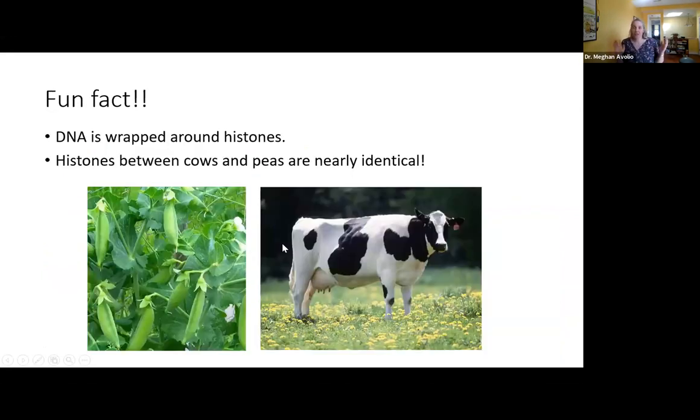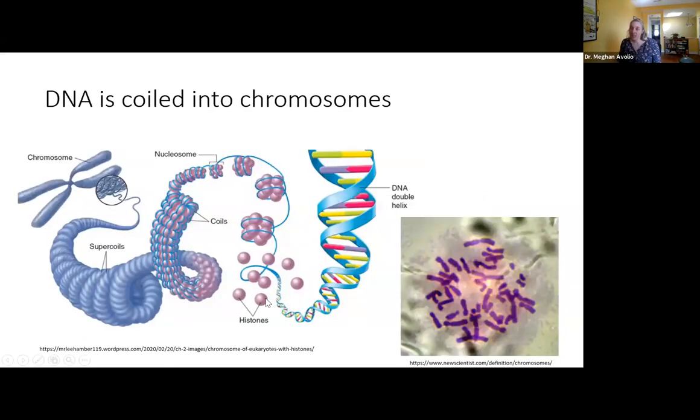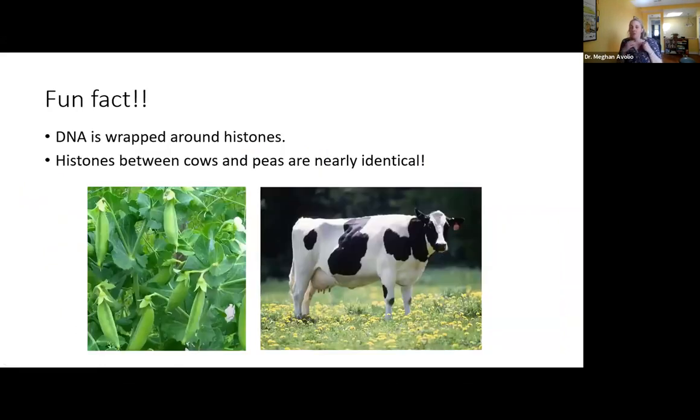I learned this fun fact when I was in college, like 20 years ago, and it stayed with me even to today. Histones, this fundamental thing that DNA has to wrap around to form chromosomes, are basically fully conserved between cows and pea plants. This just goes to show how fundamental chromosomes are, and the ability to form chromosomes, to the propagation and reproduction of individual species. So if you have a mutation in your histone, you're just going to basically die. And this is why they are so conserved and so similar between cows and peas, which I think is a super fun fact.